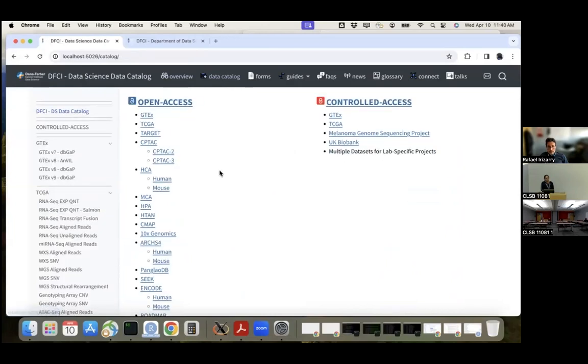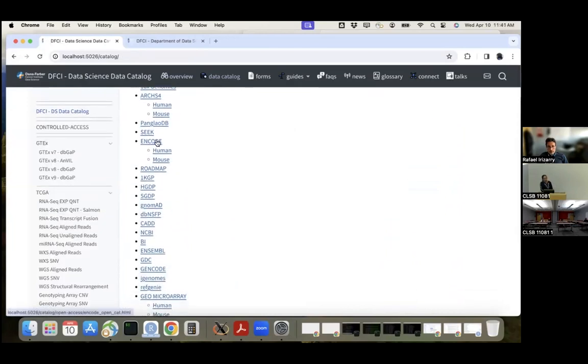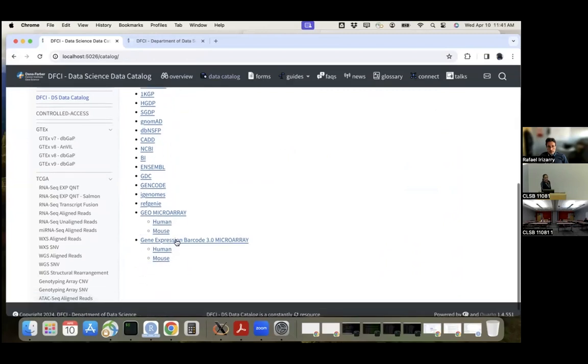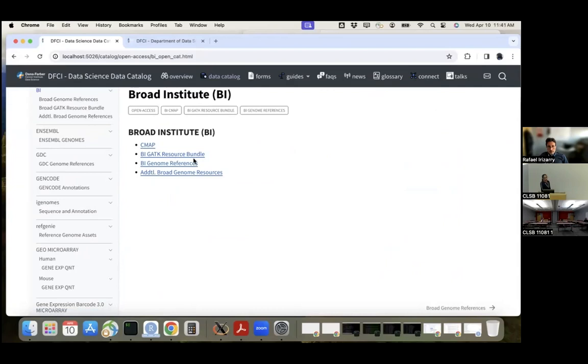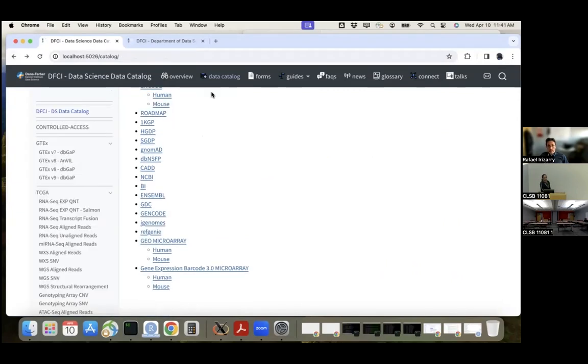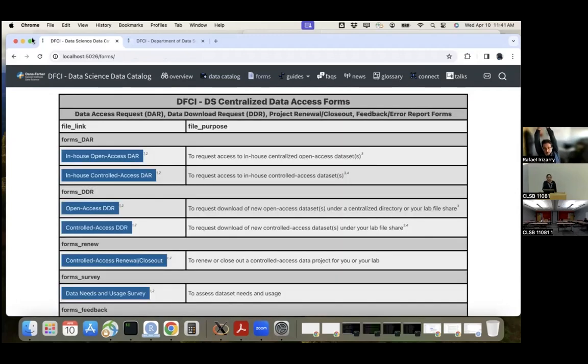And again, ENCODE. ENCODE, you have the reference assemblies, and the same way for GENCODE, iGenomes, Ensembl, GDC genome references, and the resources from the Broad Institute. If you're using the GATK workflow, then the entire resource bundle is here. You don't have to download any of the genome assemblies or the variant files, like the known variant files. So you can browse through, and this is the forms